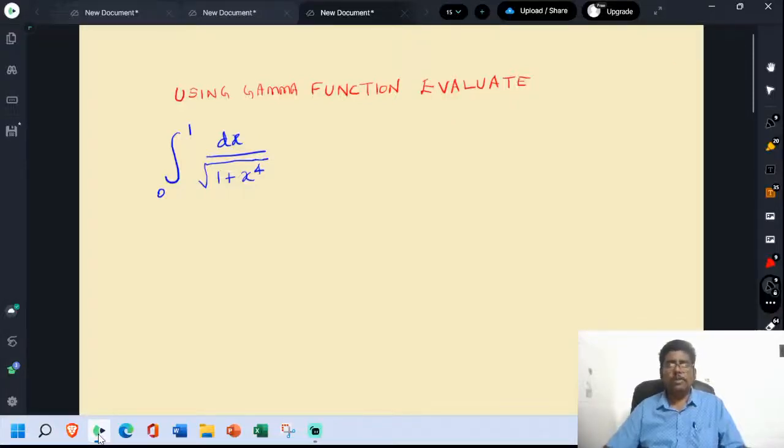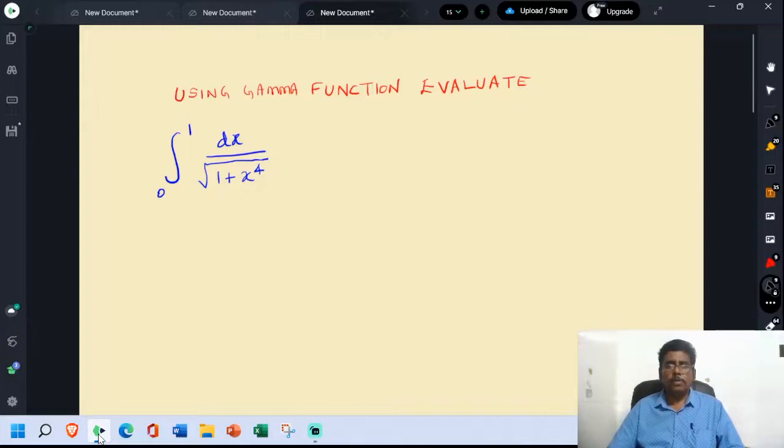Using the gamma function, evaluate the given integral, limit varying from 0 to 1, dx divided by root of 1 plus x power 4. To evaluate this integral,